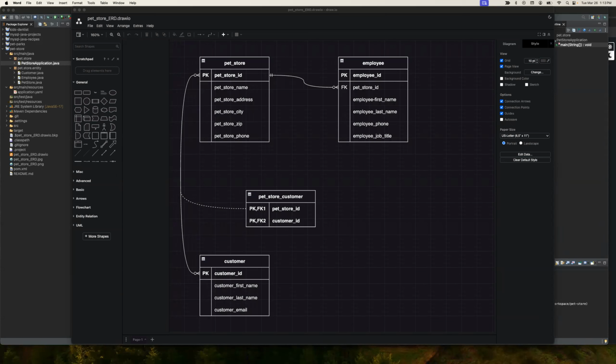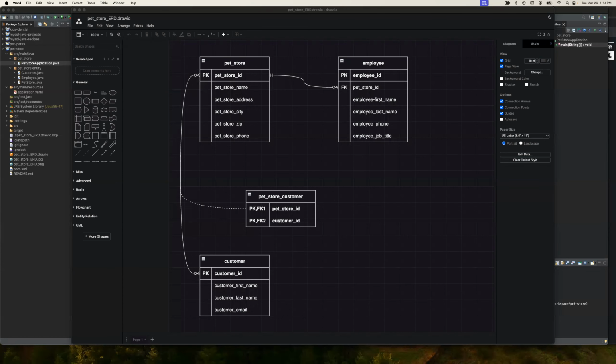In this project, I will be building a small pet store database connected to a RESTful API. For my tech stack, I'm using Java, Spring, and Spring Boot to define and build my database entities, map the entity relationships, and to define and map the REST endpoints to data service operations. The project database is a locally hosted instance of MySQL, and I'll be using Maven to build the project and